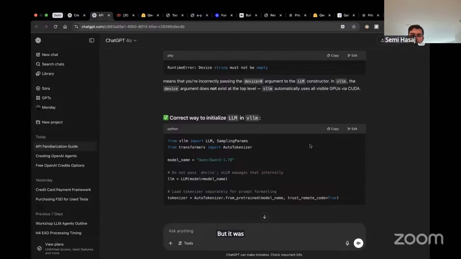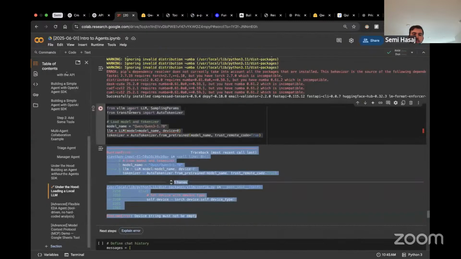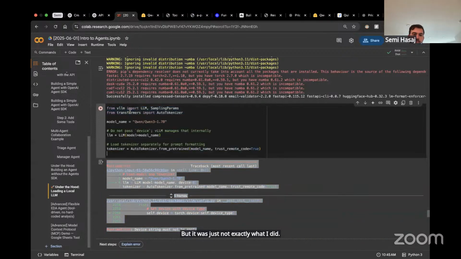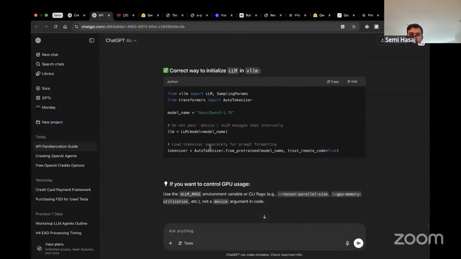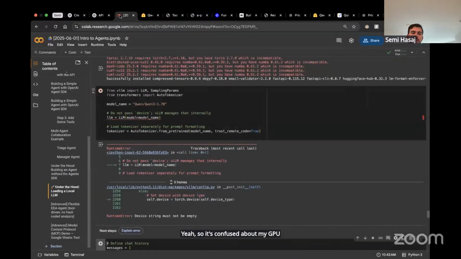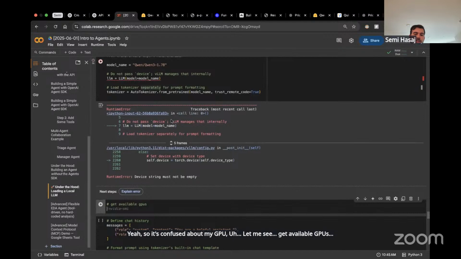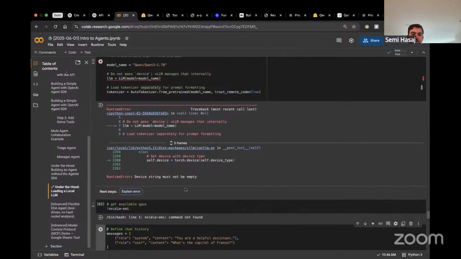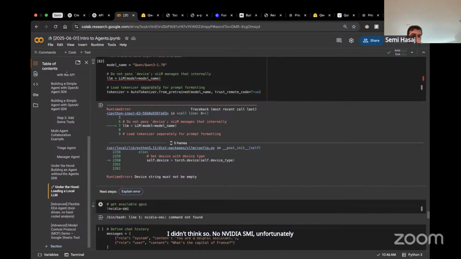Was this not exactly what I did? Yeah, so it's confused about my GPU. Let me see, get available GPUs. I'm actually curious if this is going to run. Nah, I didn't think so. No nvidia-smi, unfortunately.